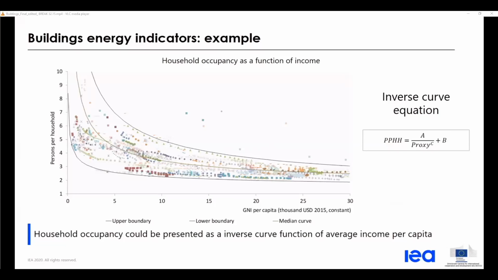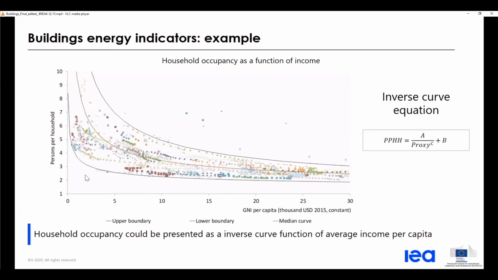So that means that as we increase the average income per capita or per household, then we are decreasing the number of people per household. So here we're seeing a strong relationship between GNI per capita, so gross national income per capita, and a decreasing number of people per household. So we have on the right an inverse curve equation that can be used to define this relationship, and then can be very interesting for us and is a key step in our modeling